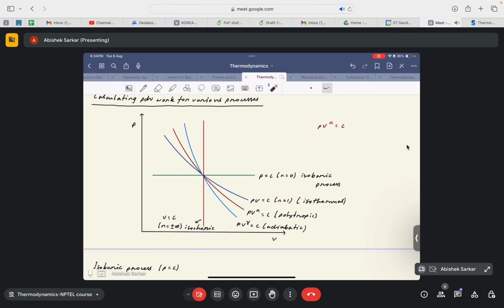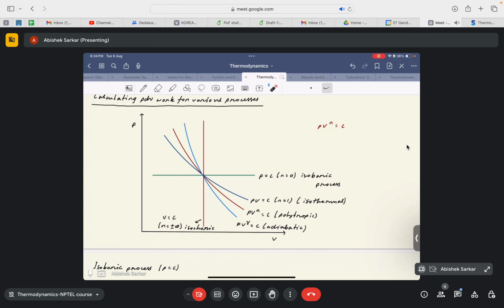Why? Because achieving an isothermal state is almost impossible in the context of thermodynamics. It's very difficult to achieve an isothermal state. But even in an idealized experiment, if he is able to achieve an almost isothermal process, he finds that the value of n in those experiments turns out to be 1. Similarly, if he is able to achieve an adiabatic process, that is a type of process where there